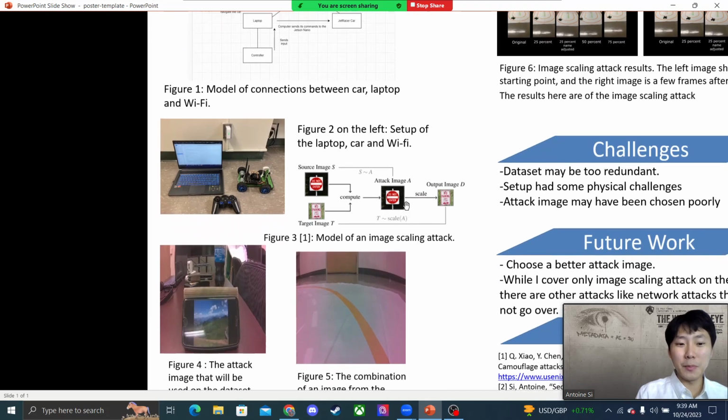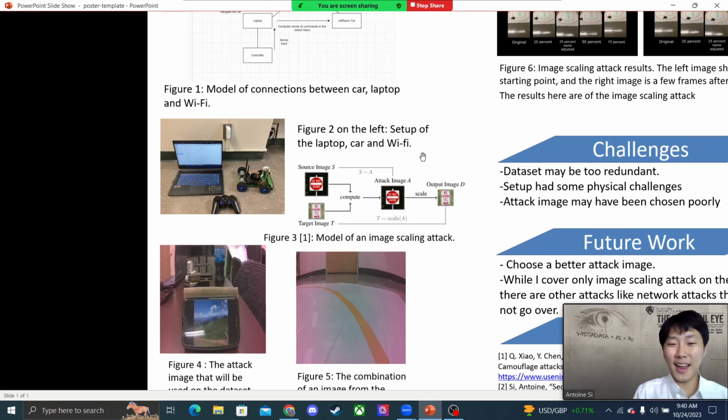So the attack that I was mainly focused on for my research is the image scaling attack. An image scaling attack works like this: if a computer vision model requires an input image of a certain size, for example, 244 by 244 pixels, we can manipulate that by creating a data set of bigger size images, let's say about 1024 by 1024. Most of these computer vision models will downscale that image to the appropriate size. So if you recall, our input size for this computer vision model would be 244 by 244 pixels.